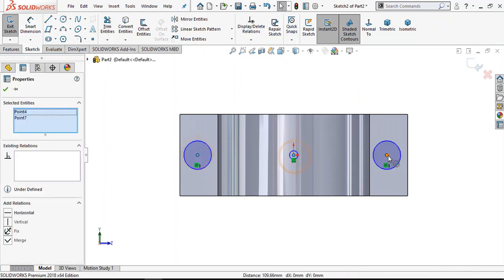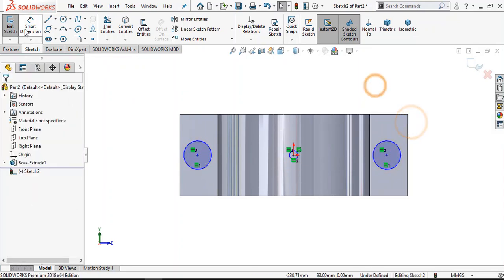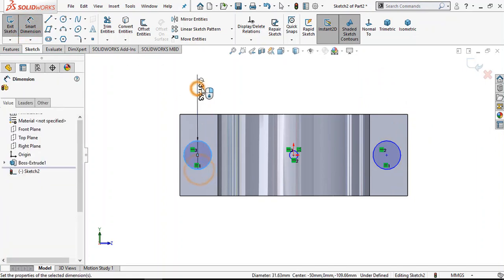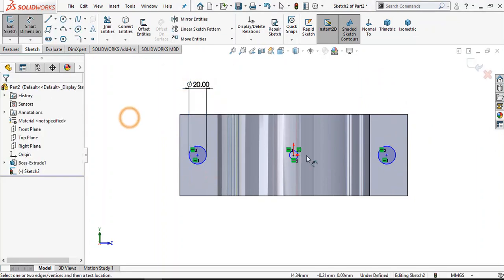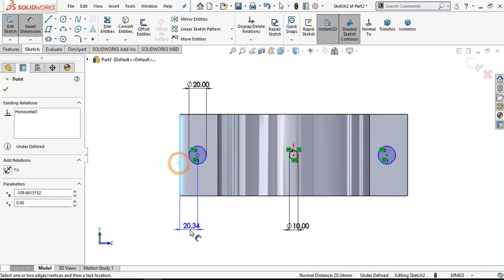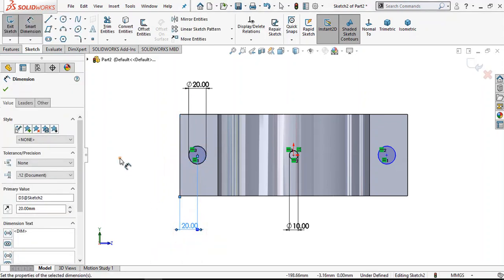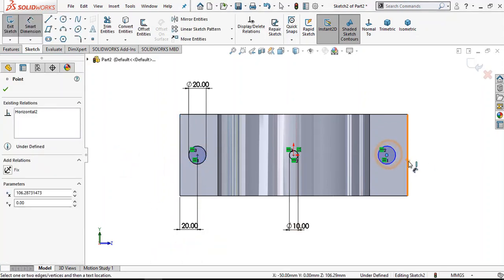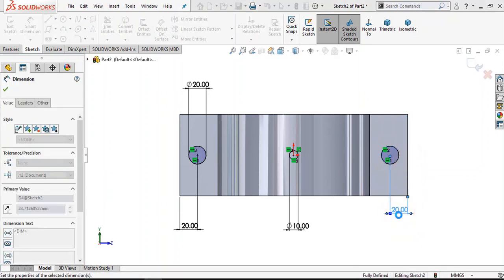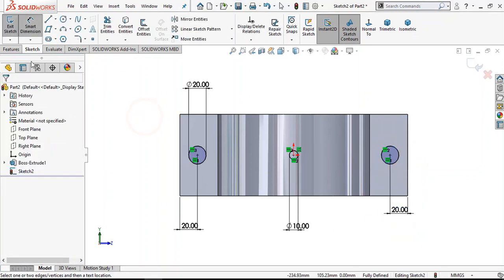Make them horizontal also. Now give dimension to this, 20 mm. Keep it 10 mm. 20 from the side distance. Okay.